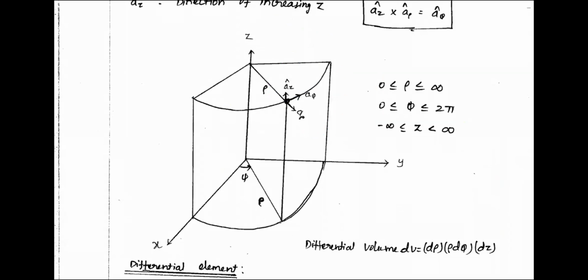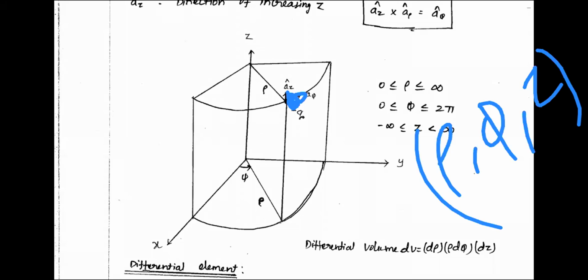Now, in reality, how to position your point? If you have some point here, how will you calculate this rho, phi and z? You have some point in the cylindrical coordinate system. Generally, how will you measure that point's values? Once you have the point values, you can point out the point, or if you are given a point, you should be able to calculate the values rho, phi, comma z.